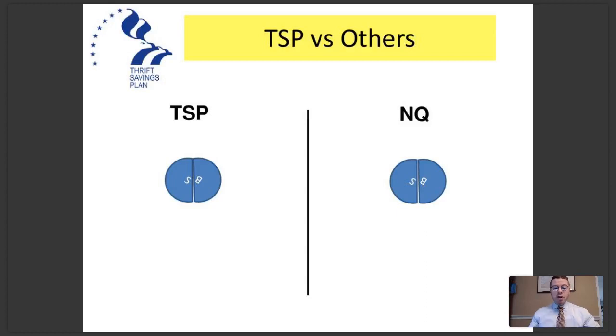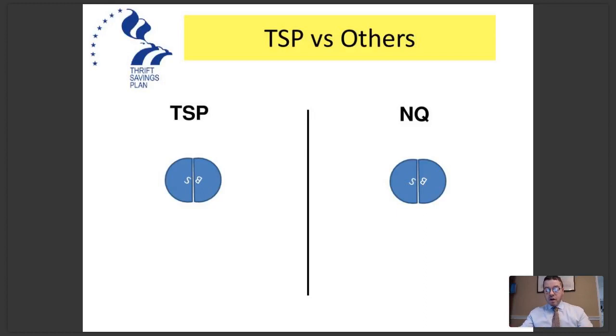So then that money could be positioned with stock, and then you'd be enjoying those long-term capital gains. Okay, I hope that makes sense. I'm not saying that your TSP should be all bonds. No way. Especially if the TSP is the vast majority of your portfolio, I'd be nuts to suggest such a thing. But I am suggesting that the non-qualified portion of your portfolio could really enjoy those